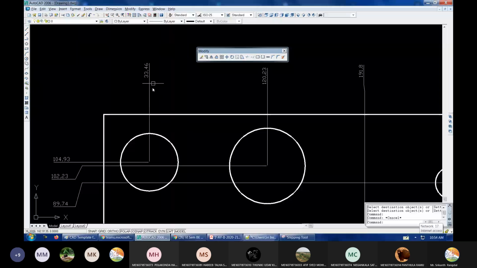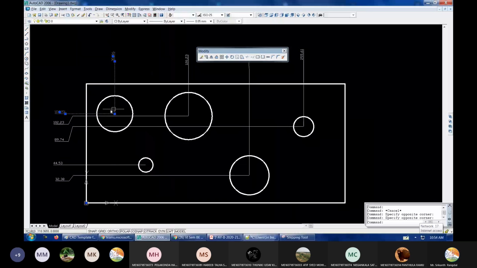So these will be given here. By using both the coordinates, the center point will get defined, and this kind of dimensioning will help us in manufacturing. So all you have to do in a CNC machine, if you are making a CNC program, is to give this center point x coordinate and y coordinate. If you feed it in the CNC part program, the machine will automatically identify from the origin point, and it will drill a hole at that point.